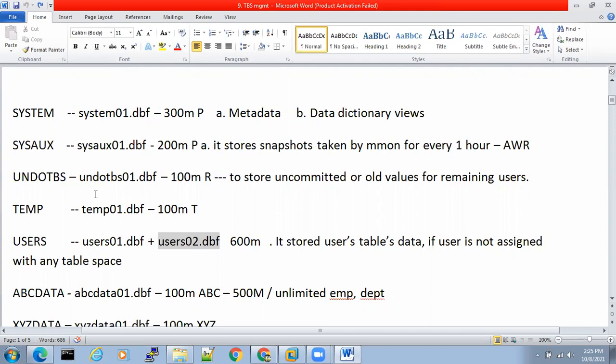The snapshot too old error means the old values are gone. Why? Because the user committed and the undo retention time is also completed, so the old values are not there now. In that scenario, increasing the undo retention time is the solution. Everyone understood? Whoever did not watch, please watch and come back if you have any doubts.